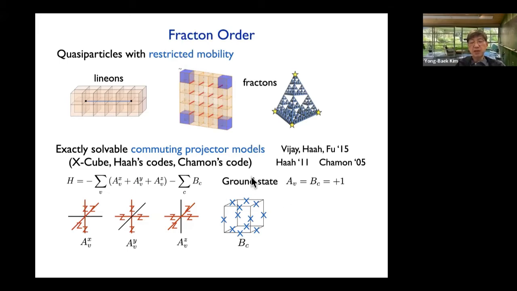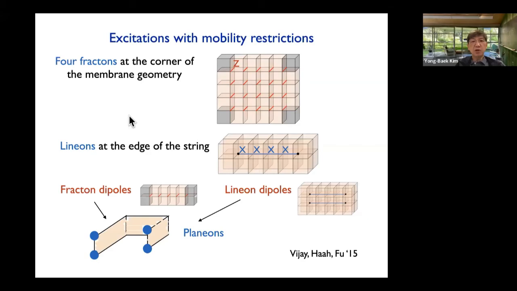So the ground state condition is very simple. That's the way that you minimize the Hamiltonian. It's just that if you do so, then you create a massive degeneracy that I will talk about later. So again, to iterate the properties of this space, if you start from a ground state, then if you apply,